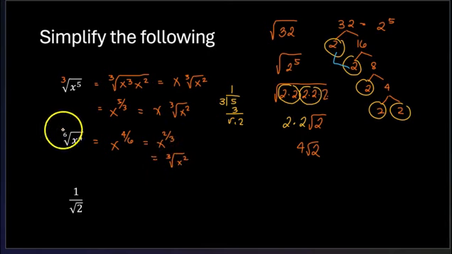So another explanation is just dividing this by the common factor, right? The common factor is 2. So when you divide this by 2, you get 3. When you divide this by 2, you get 2. Okay, or you can simply write it as a fraction and just do a simplification of the fraction.